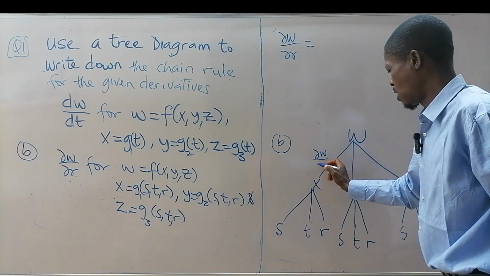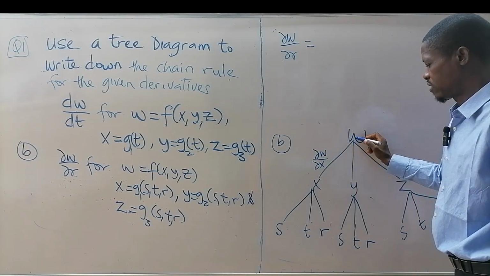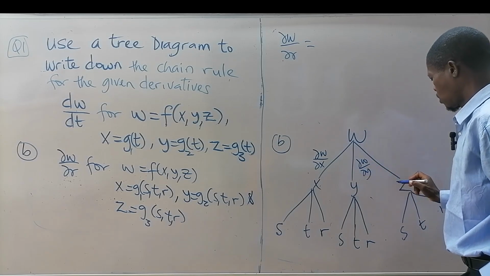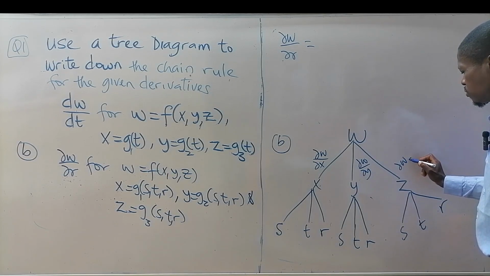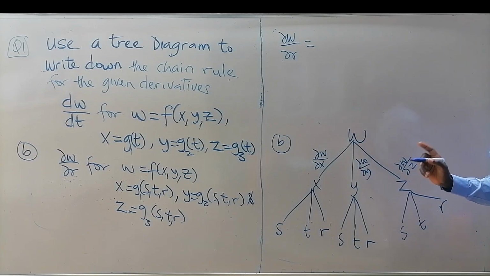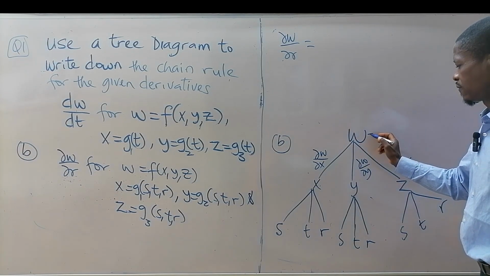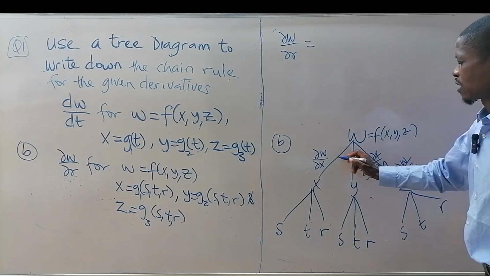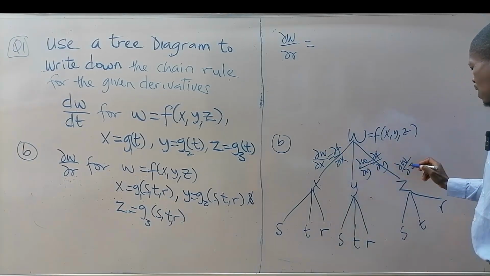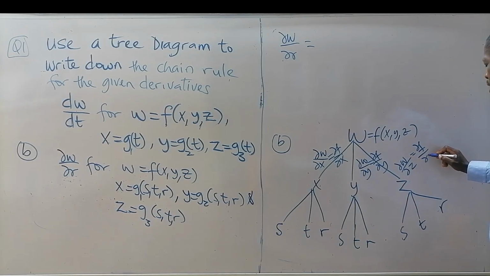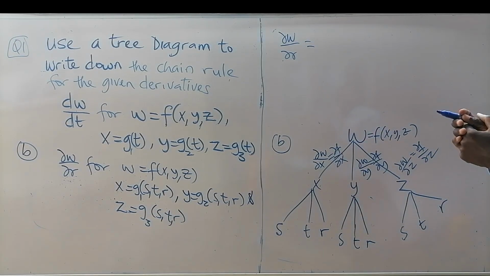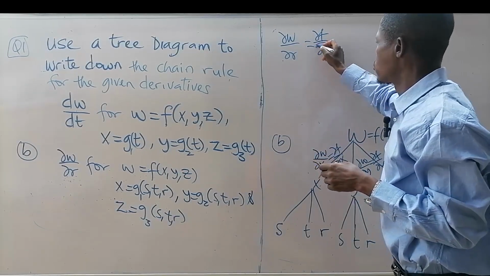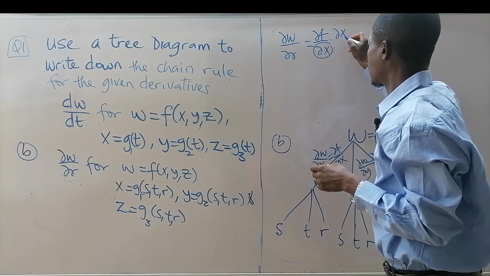del w, del x. So the partial derivative with respect to x, also partial derivative of this function with respect to y, partial derivative of this function with respect to z. So those three are very important. And don't forget, we've said that this is a function of x, y, z. So I can also write this one as del f, del y. I can write this one as del f, del x. I can write this one as del f, del z. Okay? It's going to be del f, del x, and where you stop here, times del x over what you